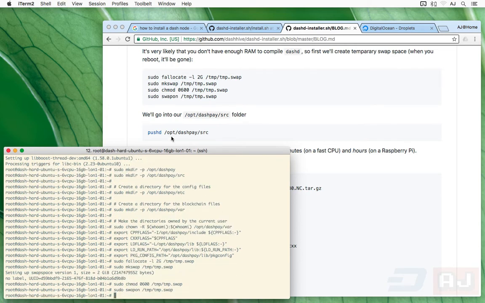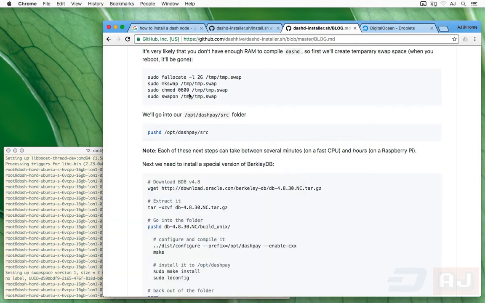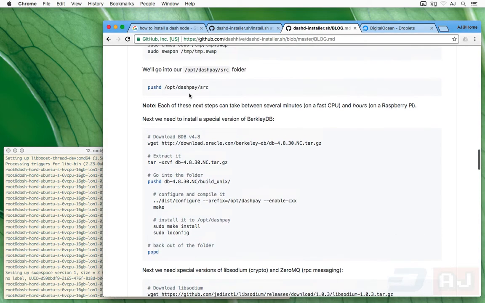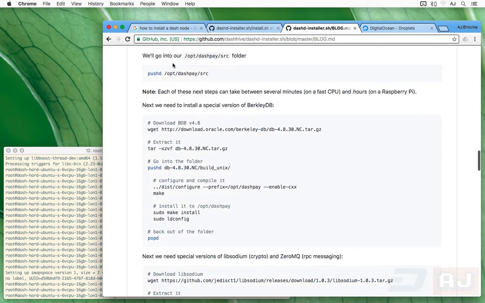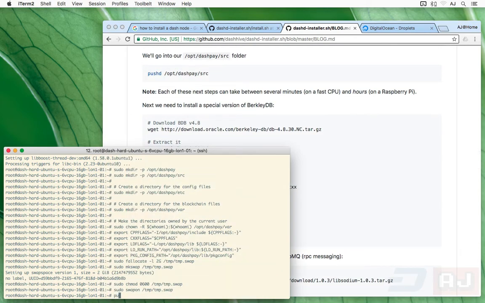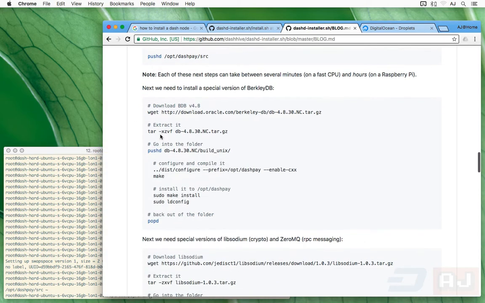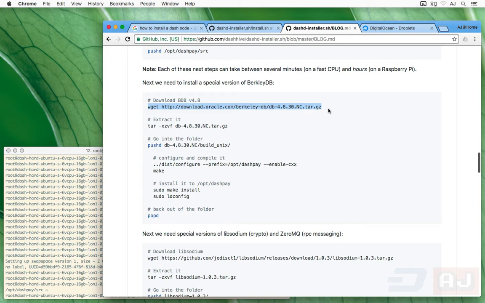And some of these commands you can paste as a block together. Some of them it's better not to. So what I'm going to do is go into the source folder. Oh yeah, okay. So in the script, I actually create a temporary place for the source folder, but here in these instructions, I tell you to go ahead and create a source folder. So I'm going to download